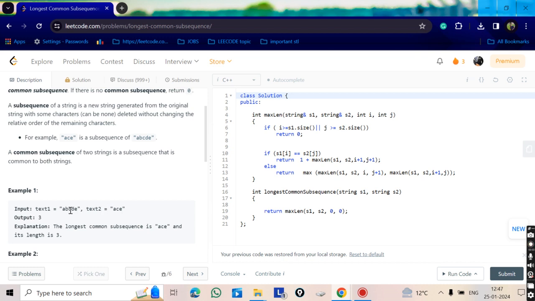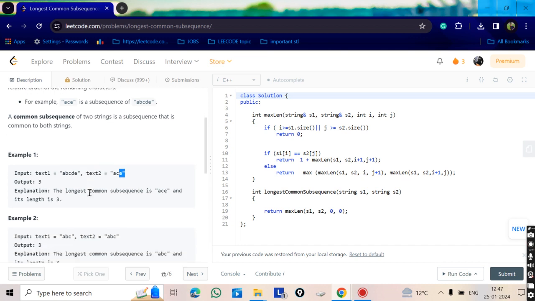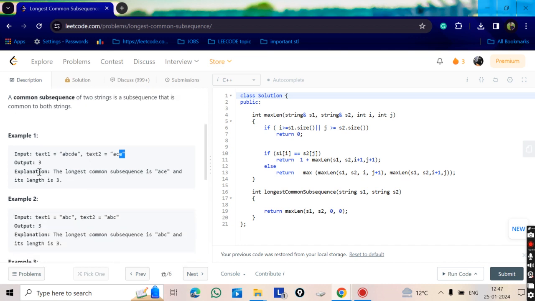We find C equal to C, so we increment both and the answer becomes 2. Then D and E are not equal, so we increment i, and then E equals E, so we increment the answer by 1, answer equals 3, and we return 3.